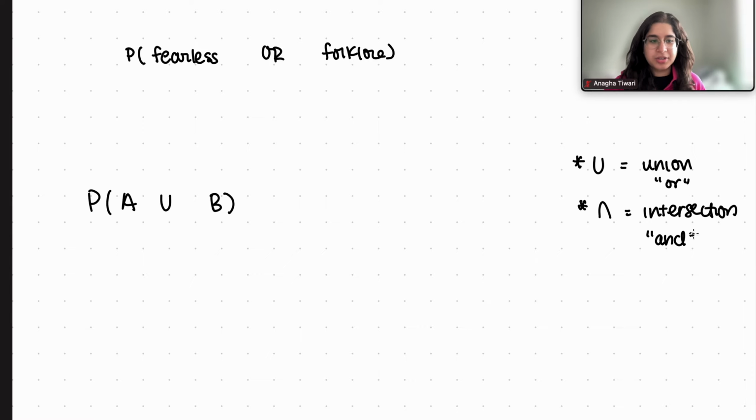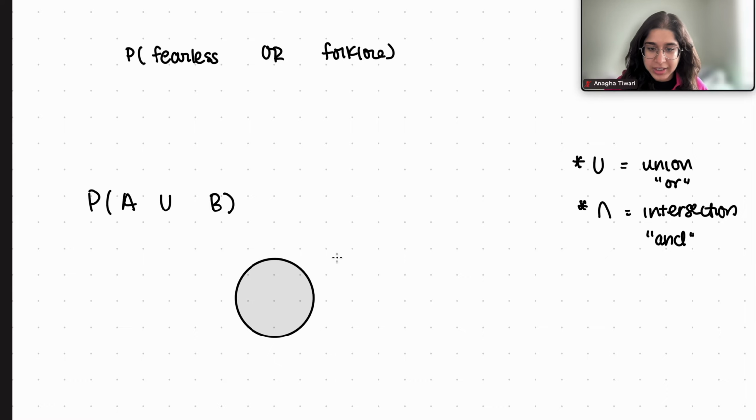The trick I used to remember these is that the upside down U kind of looks like an A, so that's why it's the and. But basically what this means is that if you want to find the probability of A or B, let me go ahead and draw a Venn diagram